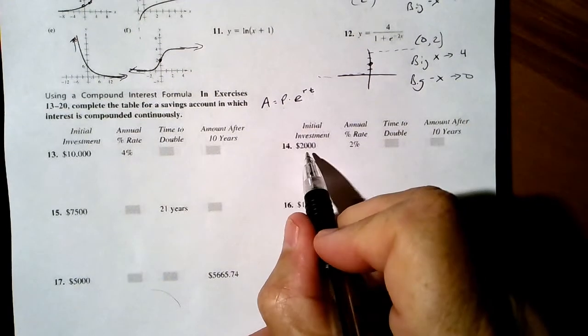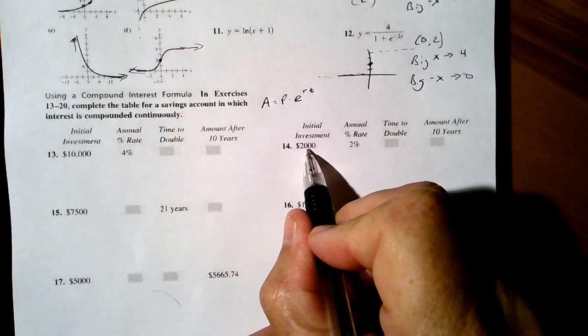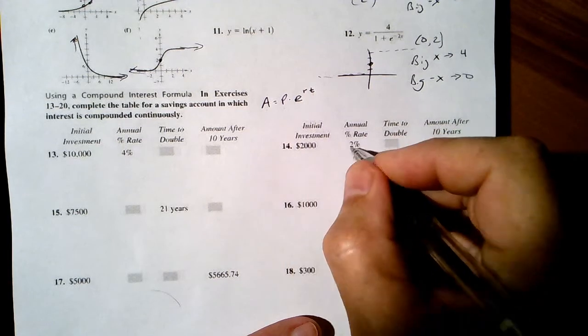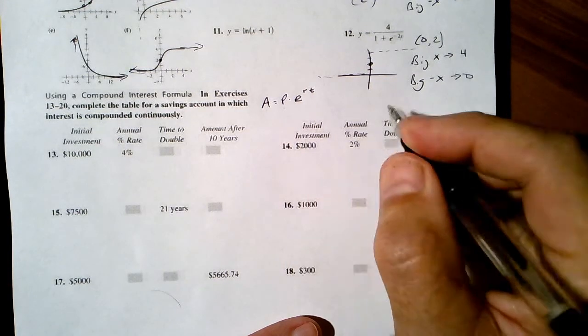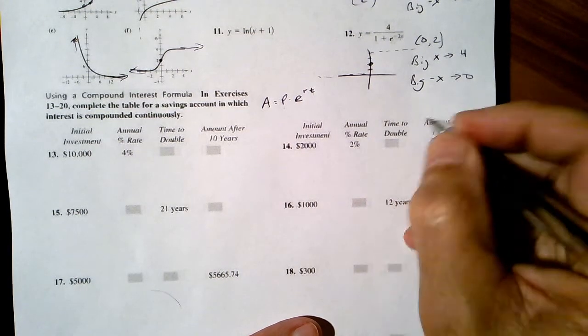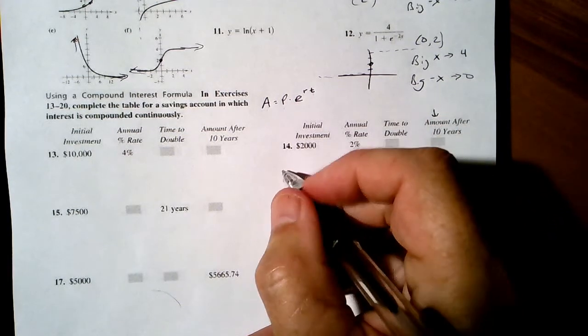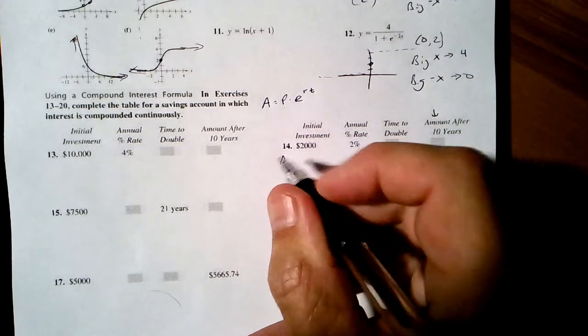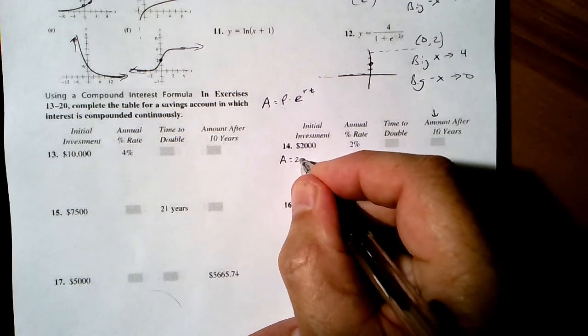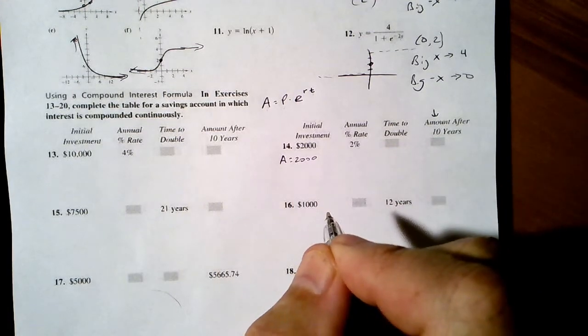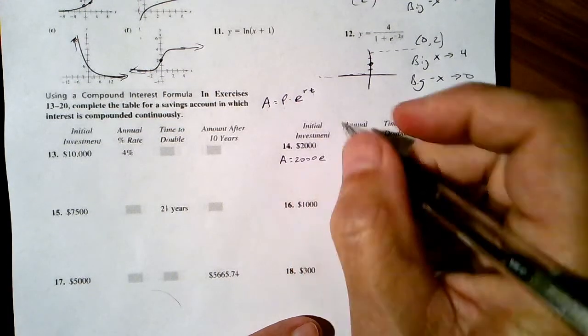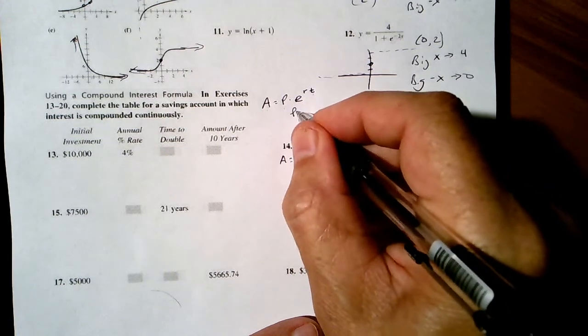So we have initial investment of $2,000, and the annual rate, the annual percent is 2, and I'm going to jump to this one. How much will we have after 10 years? So I don't know how much I end up with. I do know that I started with $2,000. That's e to the, watch this, per